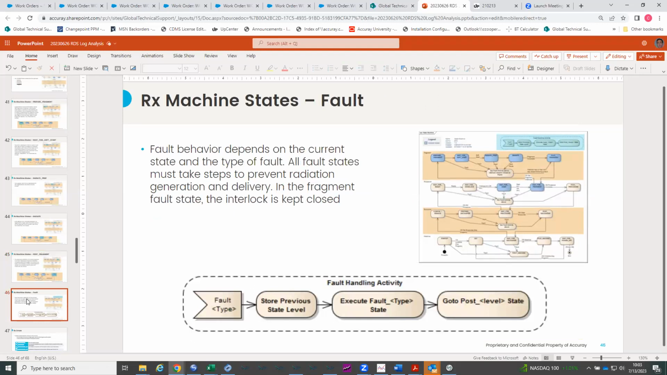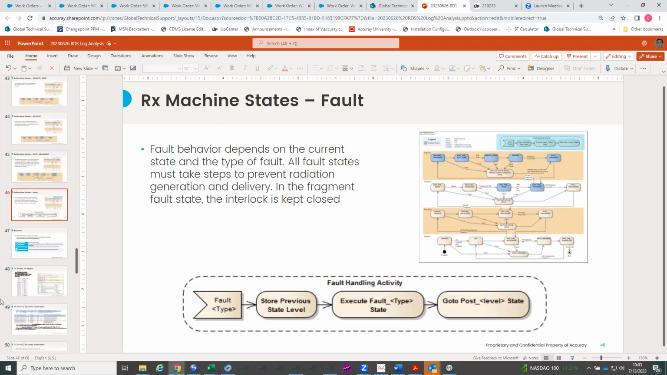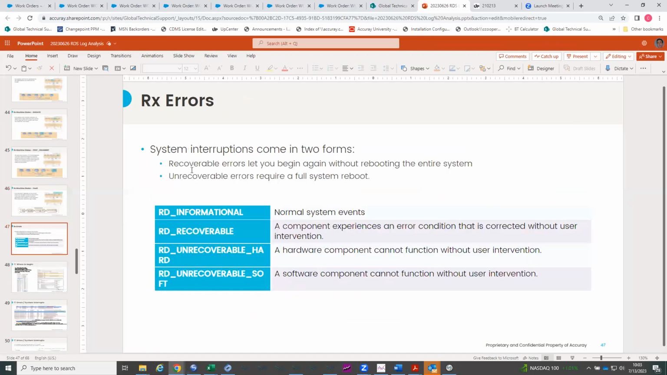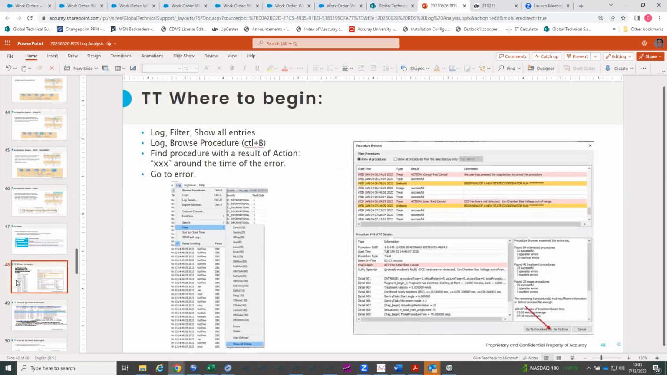The last grouping that we're going to talk about here is the fault type, fault action, if you will. Fault behavior depends on the current state and type of fault. All fault states must take steps to prevent radiation generation and delivery. In the fragment fault state, the interlock is kept closed, and exactly the same information as what we talked about with the tomotherapy errors. Okay, so now for a couple examples of